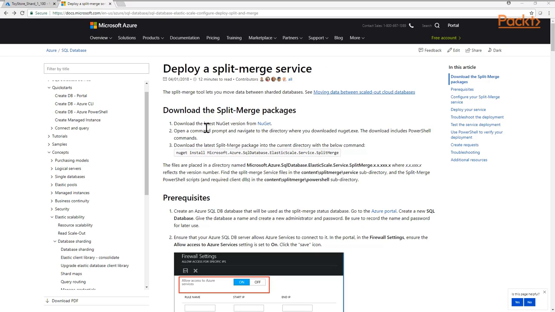service. I'm going to download the latest NuGet version, and I've done this already. I'm going to open the command prompt, navigate to a directory with NuGet installed, and I'm going to include the PowerShell commands as well. And I've run